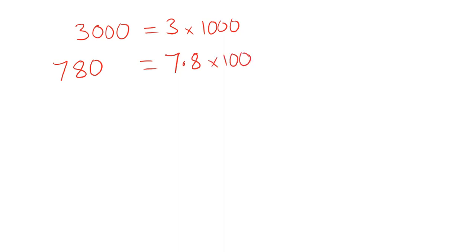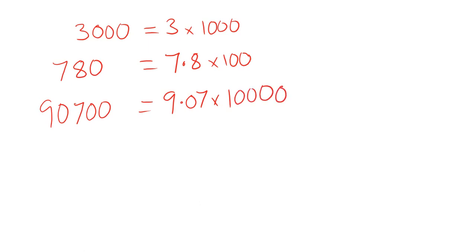Well, it is absolutely true that I could write that as 3 times 1,000. Or I could write 780 as 7.8 times 100. I could write 90,700 as 9.07 times 10,000. So all of those are true statements, and they all have something in common, is I've managed to write them as,